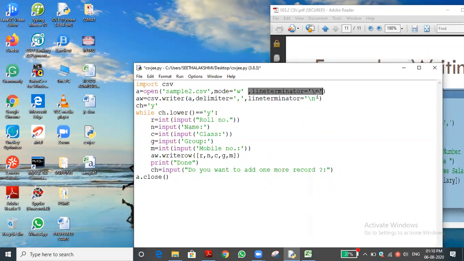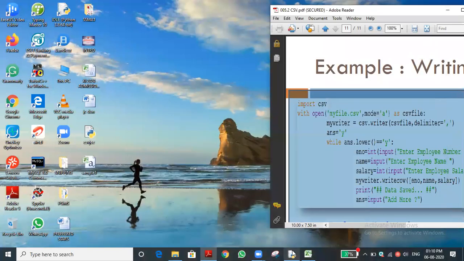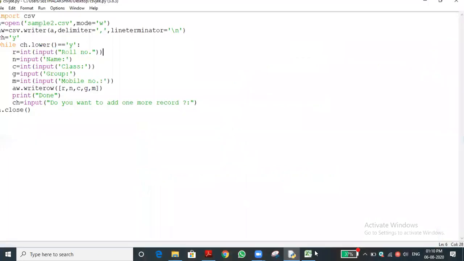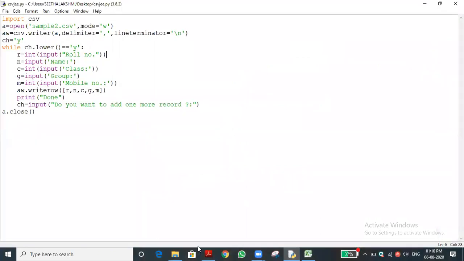Have you understood? I will just save this file. I'm just closing this. Now you understand. Can you see where we need to give the line terminator, in the writer object? In the writer object, we should give the line terminator, because writerow always takes to one line and automatically the loop will take to another line. That's why the 2 lines are coming. Instead of the second line it is writing the data in the third line. Let me see it.